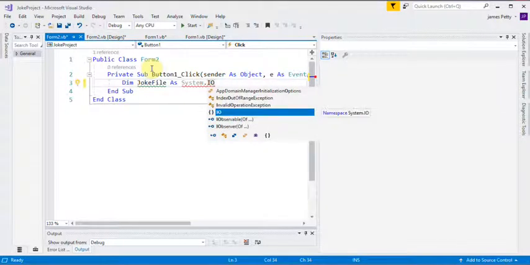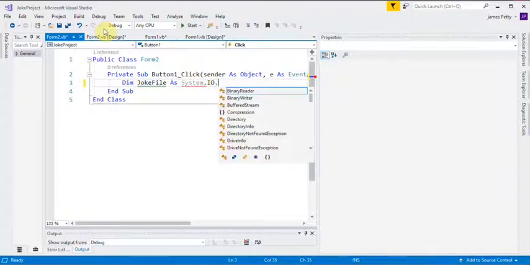So it's slightly different. Remember, we used IO before when we did the using command. Well, this is a different way of doing it, and we're using system.io now rather than the using method. But the reason we're doing this is because we're now going to do a StreamWriter.